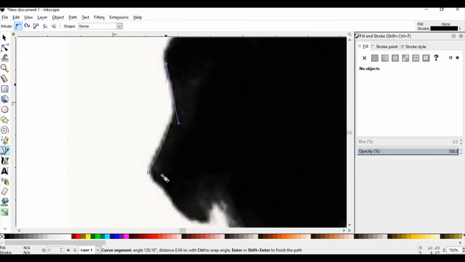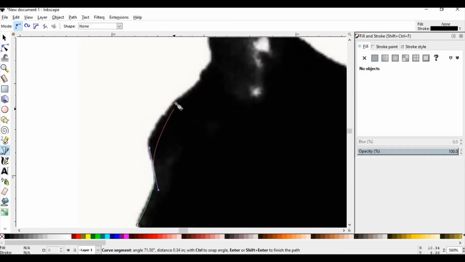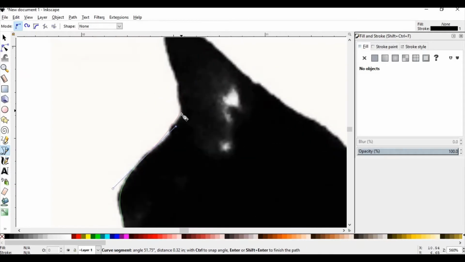So now this green line is matched up along the front of the cat's face. And then I'll choose another inflection point. This looks to be about halfway between this curve here and this curve here. So I'll click here and drag until the red line meets up at about the point in the cat's forehead. I'll let go, and then I'll keep going around, clicking and dragging,